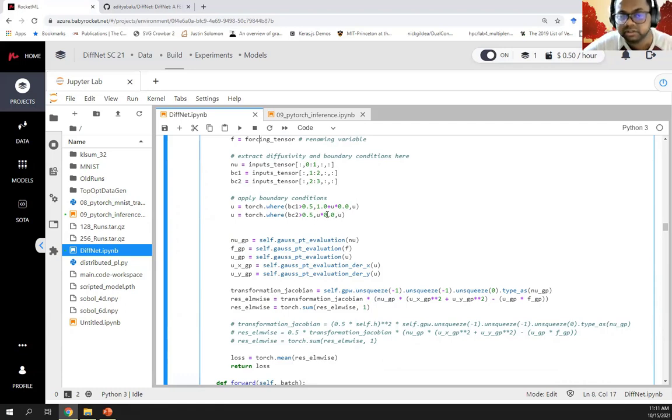Now, there are several advantages and disadvantages of applying the boundary conditions exactly. One advantage is we don't have to solve for the boundary conditions every single time, which makes the optimization problem much easier.